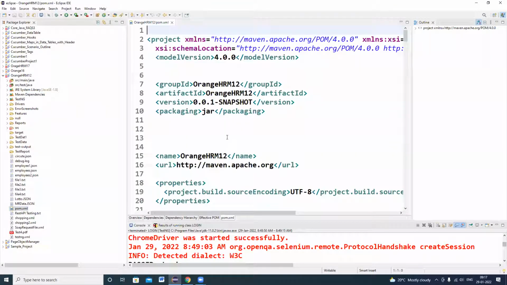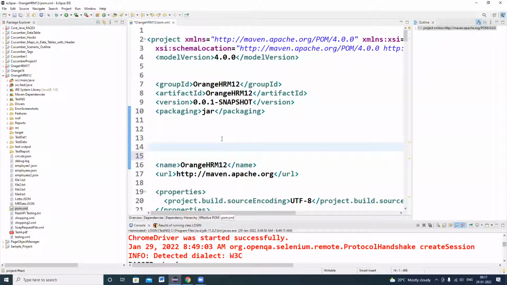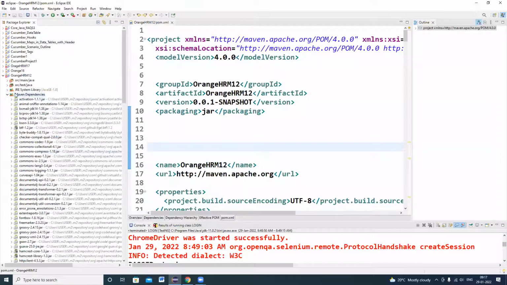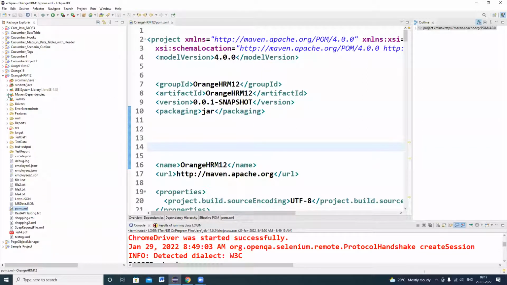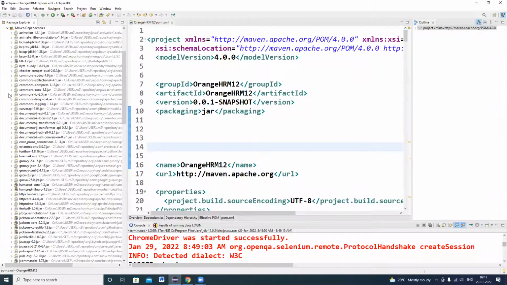what I have to do in the pom.xml, did anybody follow in the last class? You can press space and run. Yeah, you can press space, enter and click on save. See here, the process is showing building 86%. That means the required Maven dependencies will be downloaded automatically and will be available here. Clear to everyone?